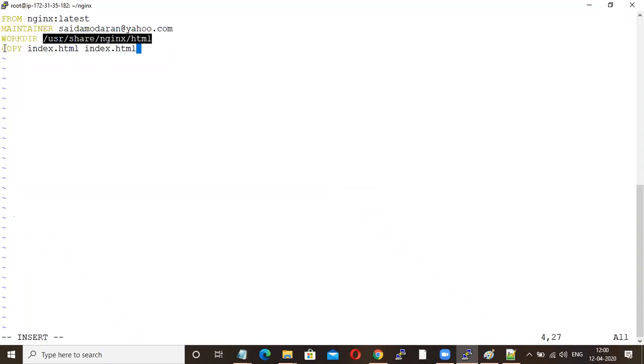And COPY: the index.html file which is in local should be copied to this path as index.html.